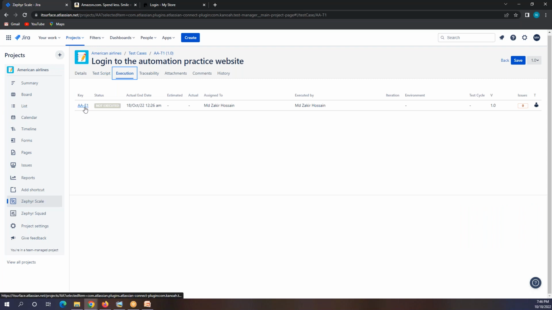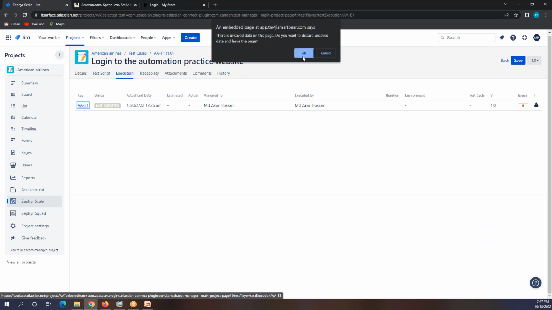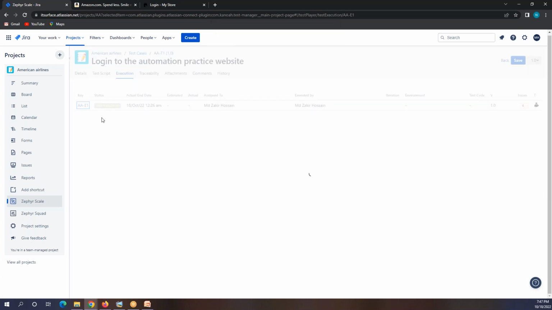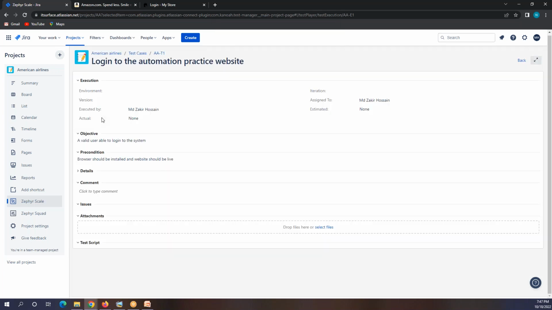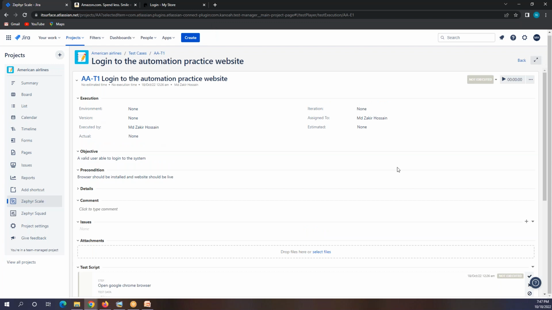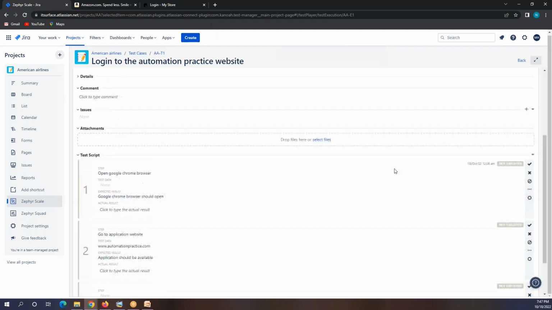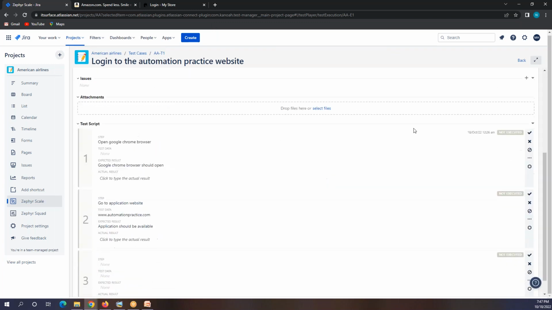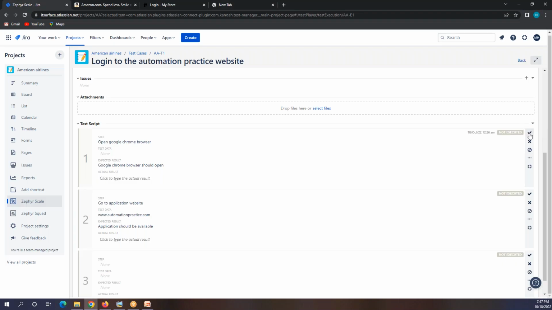You have to click on this test case that we just created. Now you will see something like this, that you can execute this. How? Okay, so open Google Chrome browser. Let's open this Google Chrome browser. So I opened this Google Chrome browser. Now let's go back and click on this tick. Okay, it passed.